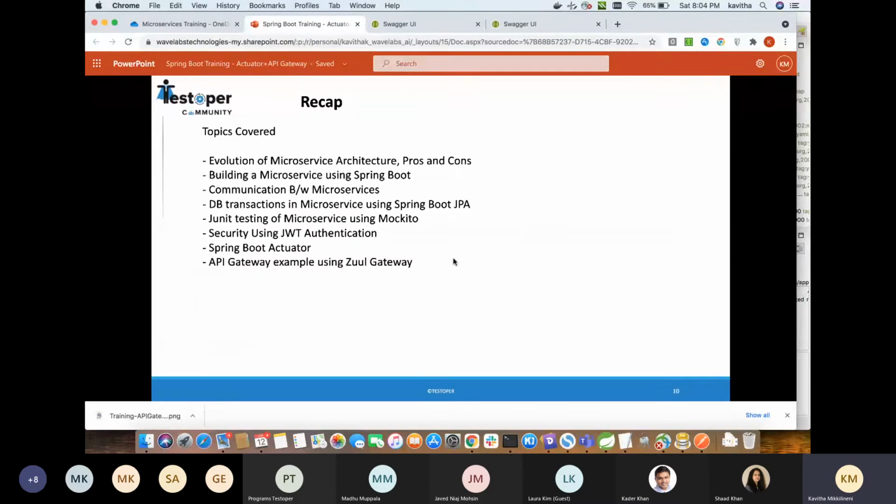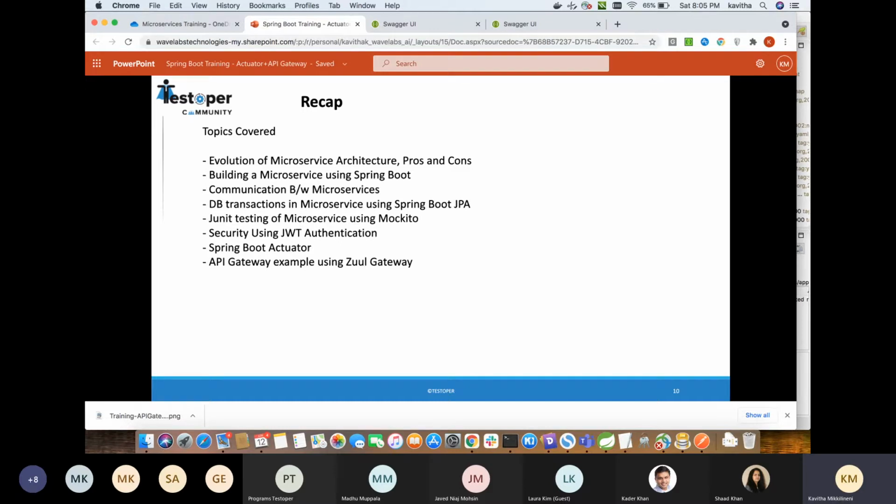Okay. So let's recap what we have done in the last few sessions. We have come to a stage where we have written multiple microservices and routed the traffic through a single entry point, and a functional microservice talking to a database, which gives a good feel of writing and deploying a microservice.